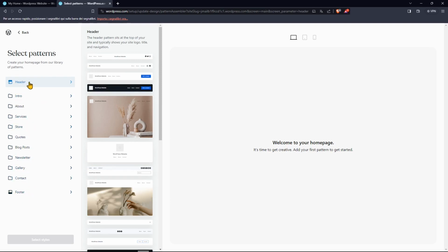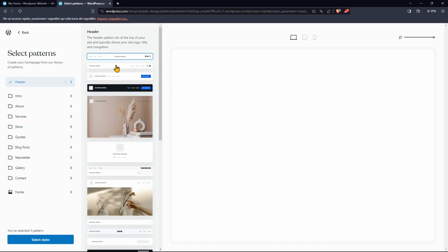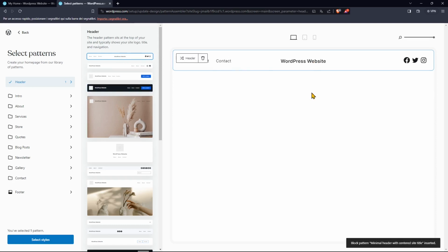So let's create the header first. For example, I want the first one here on the top. So if I click here, this is the standard header. Now, usually in the header, you would find a menu with the pages that you can reach. So the various pages of your website. And usually you have the title on the top, in the middle, sometimes in the left, some other times. And then you have extra stuff, probably or probably not, depending on